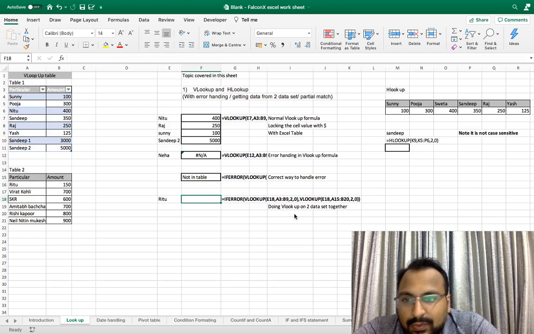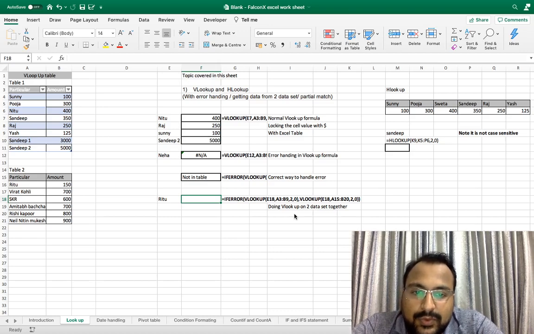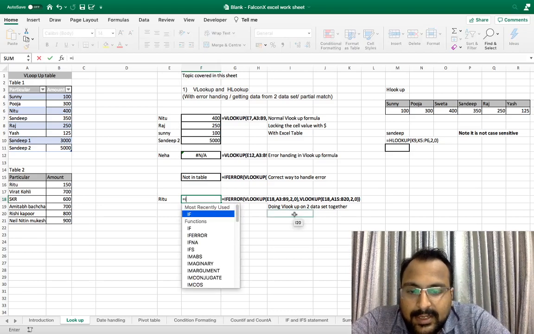Now, how can you do a VLOOKUP of a value in two tables together? For example, your data size is small, that's why you can see that the Ritu value is in table 2. But if the data size were big, you would not be able to find that the Ritu value is in table 2. So how can you do VLOOKUPs together? Here, we will be using the IFERROR formula, where IFERROR,